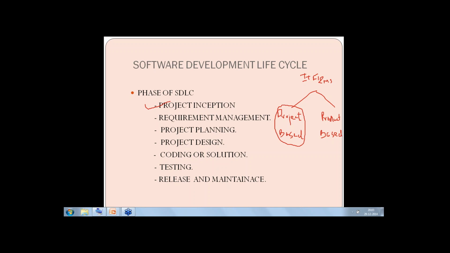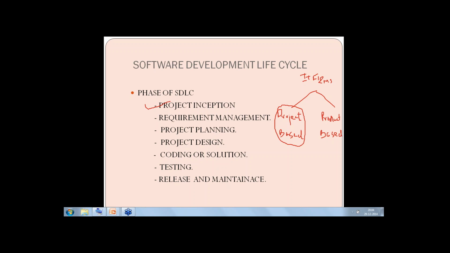Now, how do they get projects? First, that is the question. They will have their own sales guys or their own marketing guys who are scattered in different geographical locations. Now, these sales or marketing guys scattered over different geographical locations would try to tap